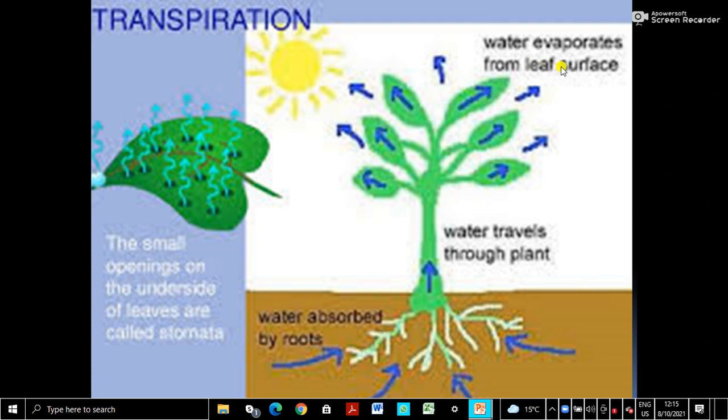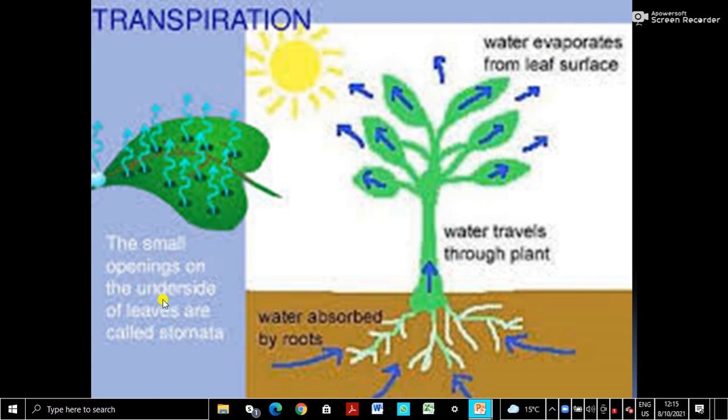Evil because sometimes when plants grow in the desert, too much transpiration desiccates the plants. Dehydration takes place, and that's also not good. So transpiration is a necessary evil. It is necessary to keep the water absorption continuous, but it is necessary to control transpiration also, because otherwise plants will lose too much water. So water is always required by the plants. Water travels through the plants because of transpiration pull and root pressure.